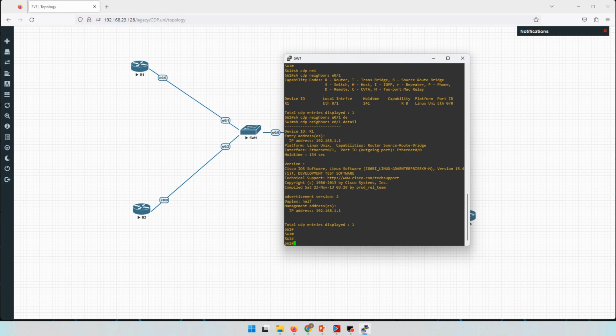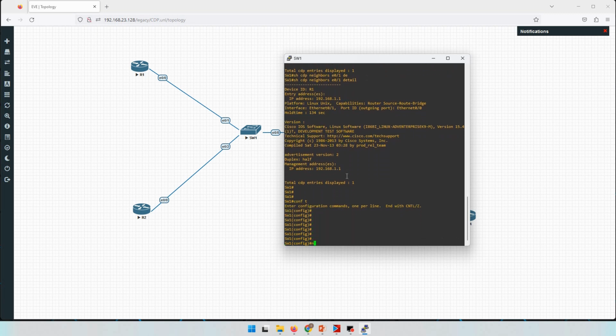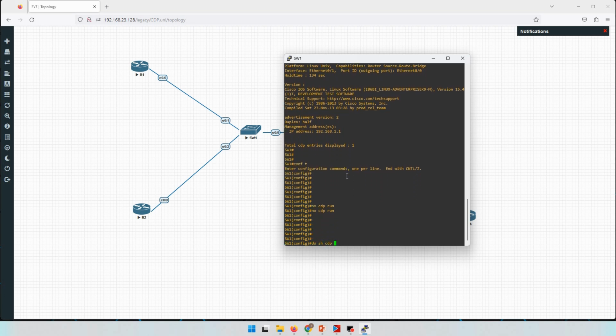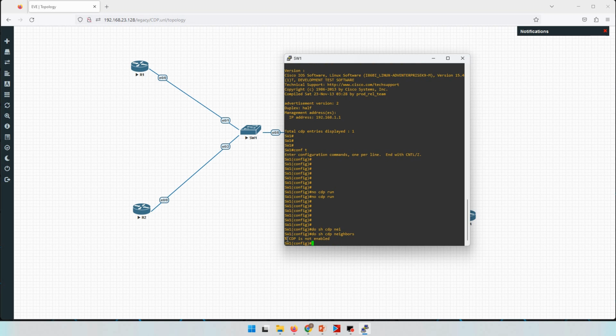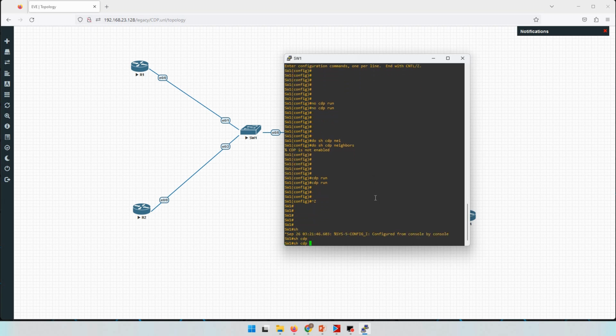By default, as I said, CDP runs on all devices, and we can turn it off with the command no cdp run. And now CDP is turned off. Do show CDP neighbor, and you can see that CDP is not enabled on this switch, so it doesn't have any information. But to turn it on, just cdp run, and now CDP is turned on, and now we should see the information. Show CDP neighbor,